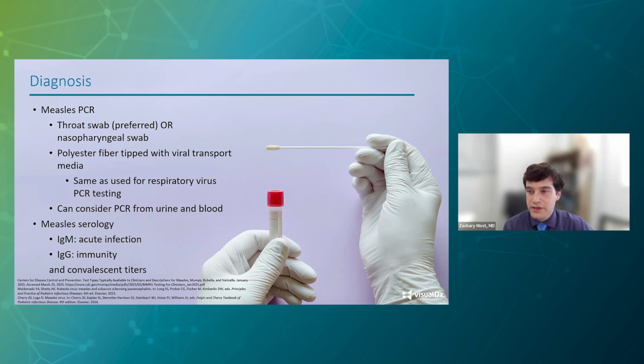I wouldn't recommend routinely doing that, but if you're considering it, you may want to talk with an infectious disease specialist. You can also use serology to help in the diagnosis of measles. A positive IgM often indicates an acute infection, although it can sometimes be false positive. A positive IgG in the acute phase typically indicates immunity to measles. But if it is low, you can then also check convalescent titers in 2 to 4 weeks. And if there's a 4-fold rise in IgG later on, that is pretty specific to diagnose measles, but that doesn't diagnose it in the immediate acute phase. You'd only be able to diagnose it later.